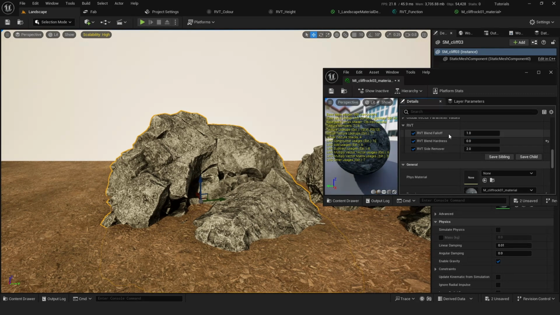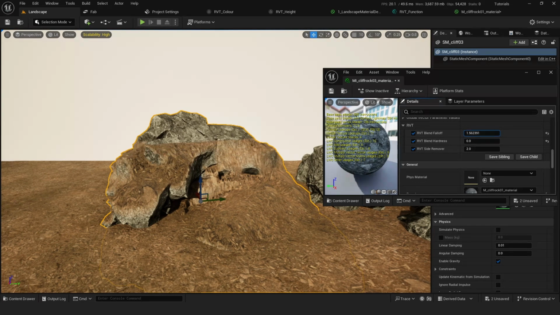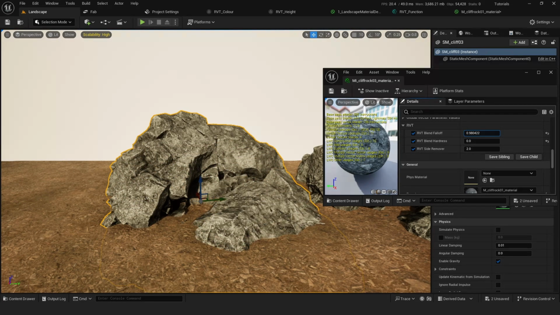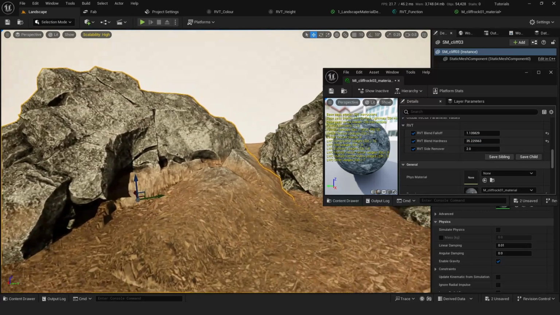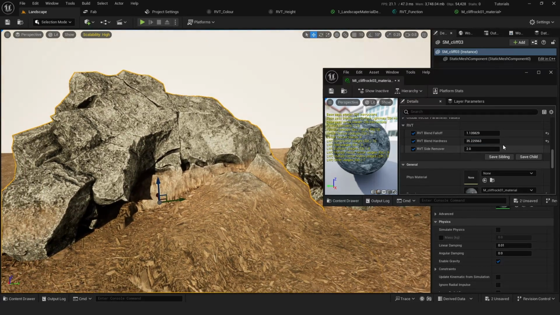With the blend fall off, we're basically determining the height at which the blend is happening. As you can see, if I increase, the blend is higher. If I decrease, the blend is lower. By default, I like a value of 1. And then this, if I put it, let's say here, we can increase the fall off of the blend to make it seem more natural. And then if I were to put this back to 0